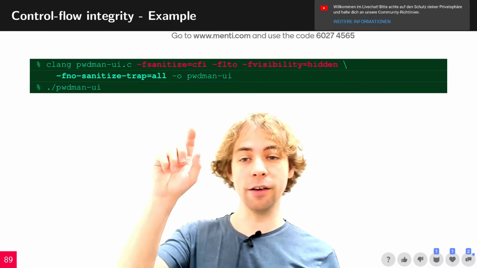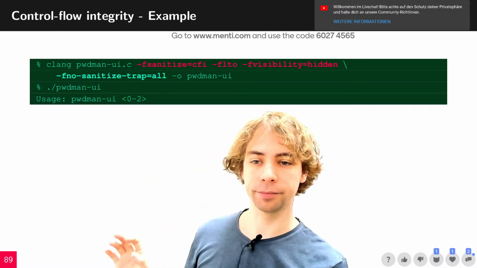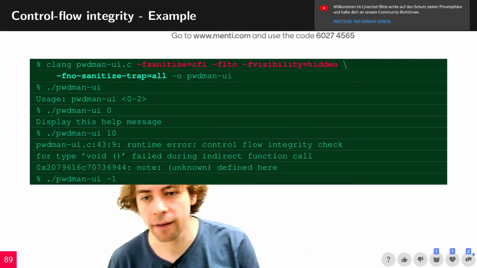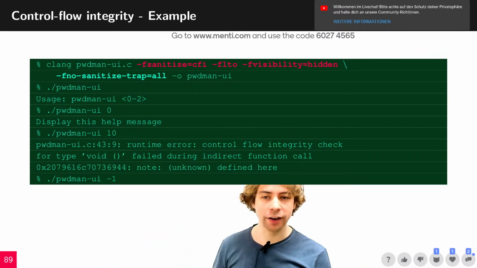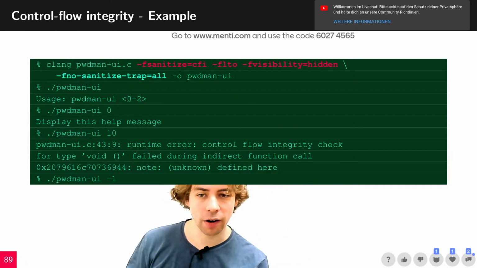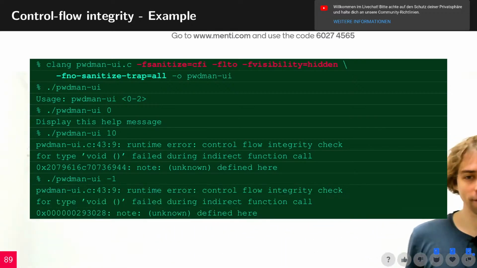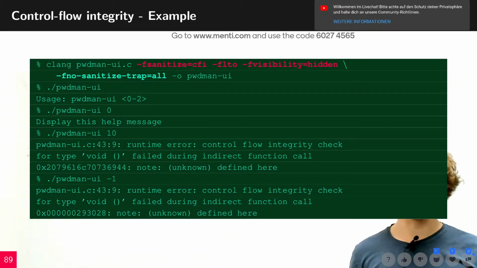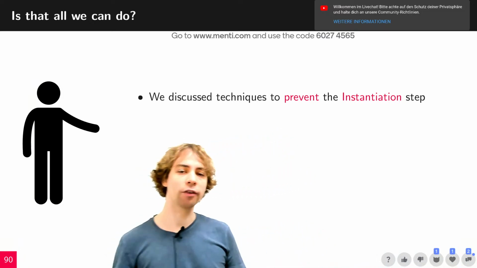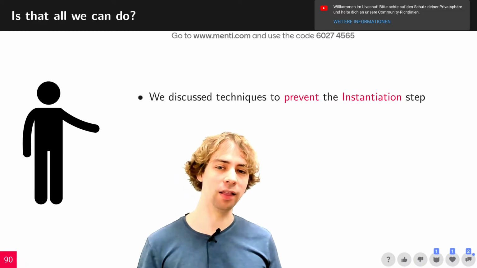Let's see whether CFI, control flow integrity, fixes that. So we pass the flags for that. 0, okay, works similar as before. Let's pass 10. Runtime error, control flow integrity check for type void. It's a function. Failed during indirect function call. Yes. Okay, doesn't work. Let's try -1. Also doesn't work. So as you can see, control flow integrity is one way to prevent exploitation in the programming